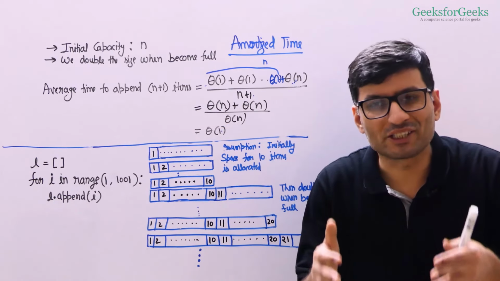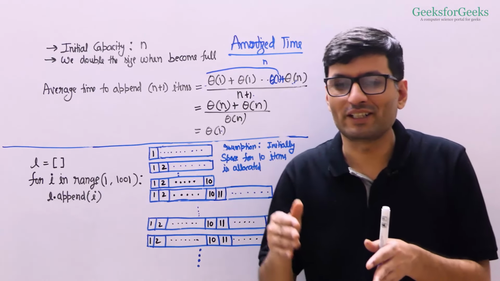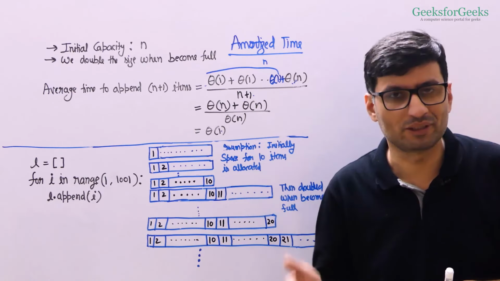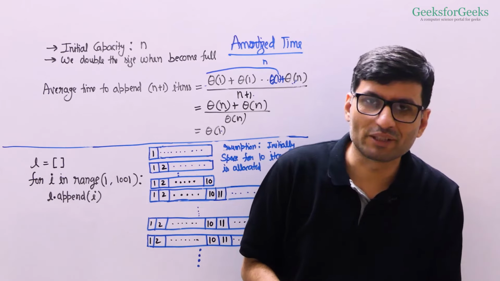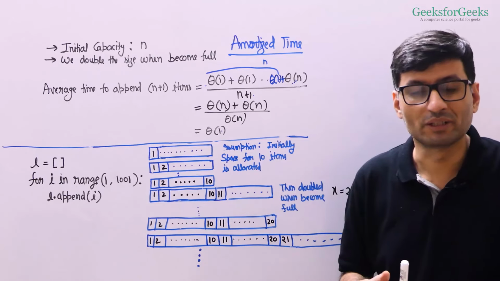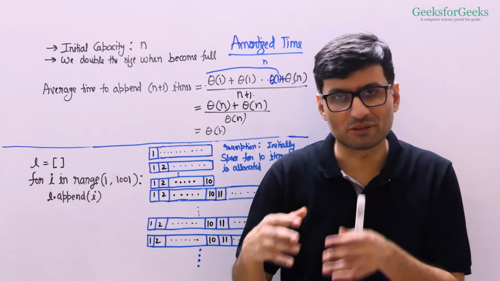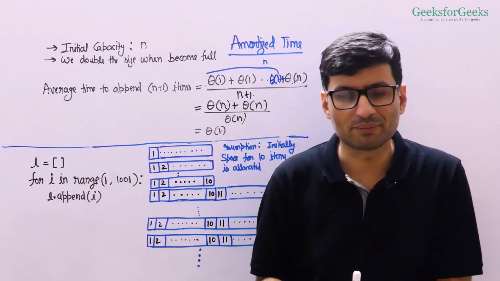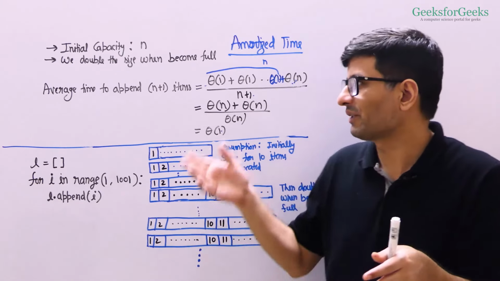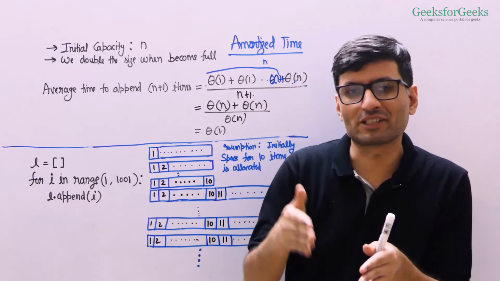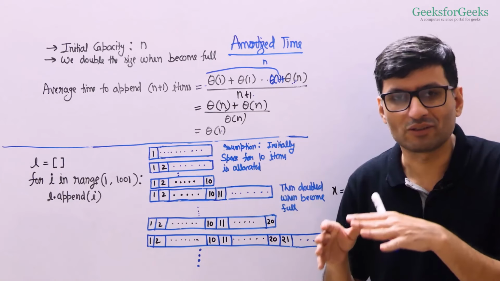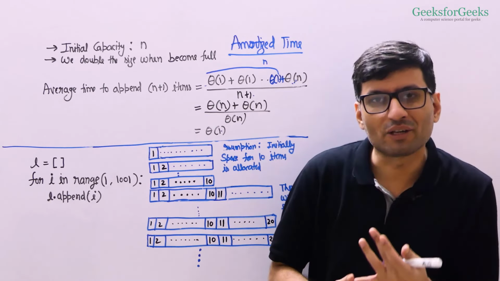So the time complexity of the list append operation is constant, but please remember it's only appending at the end. If you try to insert an item in the middle, that's going to take linear time in the worst case. For example, if you try to insert an item at the beginning, that's going to take linear time, but appending at the end is always constant time. Similarly, removing the last item, which is the pop operation, is also constant time in Python, and even if your list shrinks internally, that's also going to take constant time using the same logic. So it's going to shrink after certain intervals, not in every operation, right? So pop and append are both constant on average, and you have random access and cache friendliness.